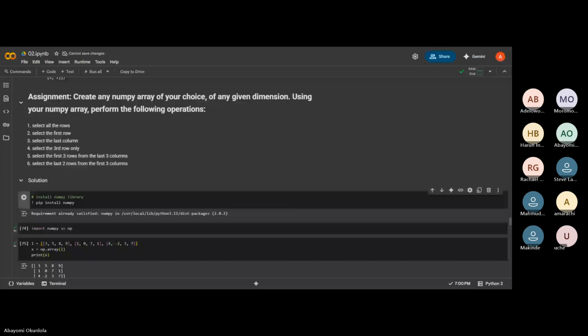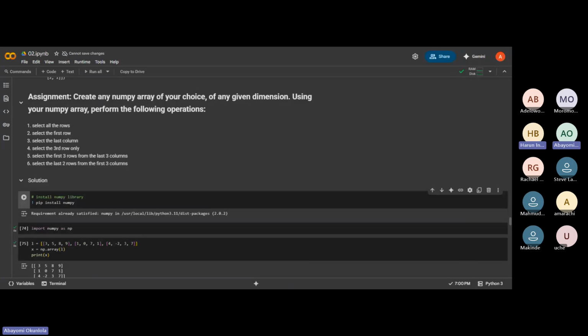Yes, sir. Okay, check the group description so you can come up to speed. Once you check the group description, you will see a link to a document, then check through. We are currently using Google Colab.